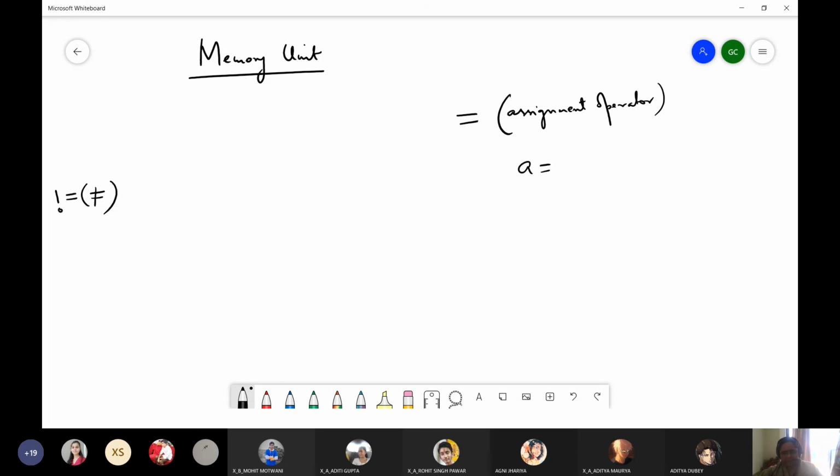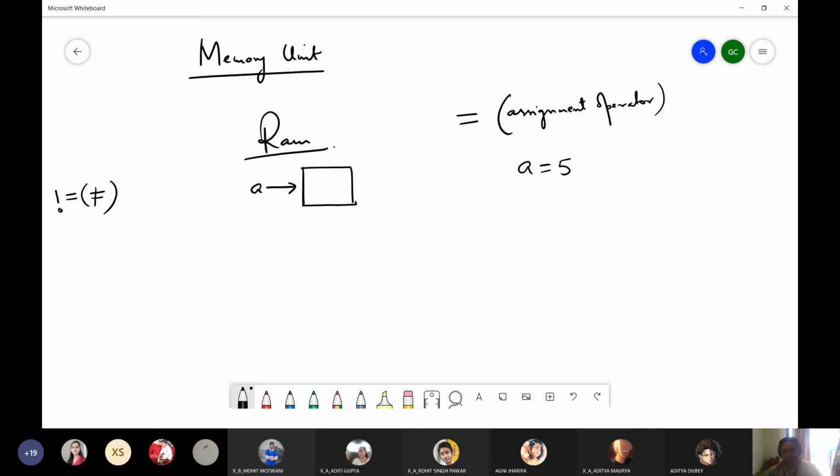Like if I write a equals 5, it means in the memory somewhere, now we are coming to memory also, in your memory, that is in your RAM, a box will be created. An empty space will be reserved, which will be denoted by this label, that is A.